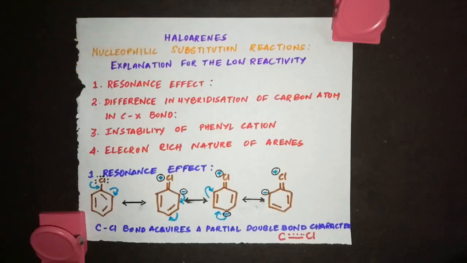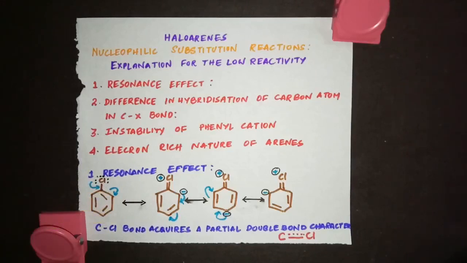What are haloarenes? They have a benzene ring. Whenever we write a benzene ring, usually you put a circle in the center. Now in all these examples I have put the bonds. Instead of these bonds, you can put a circle. What does that circle represent? It represents the delocalization of electrons. All you have to remember is this benzene is electron rich. This circle represents the electron cloud. So benzene is electron rich.